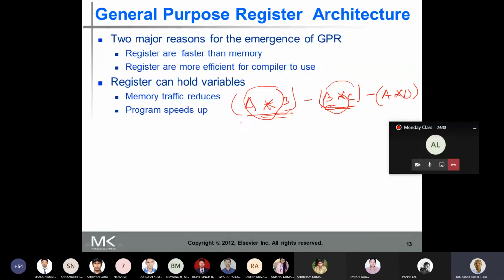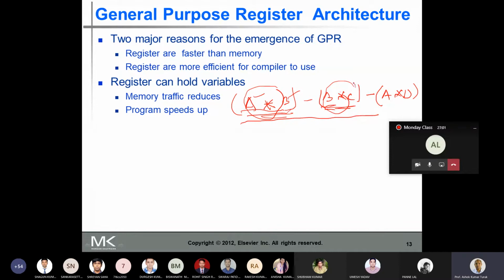Now, if this expression is evaluated on a stack, then A has to be pushed, B has to be pushed, then again B has to be pushed. B is already present on the stack, but in a stack computer the operands present on the stack are invisible during the computation.